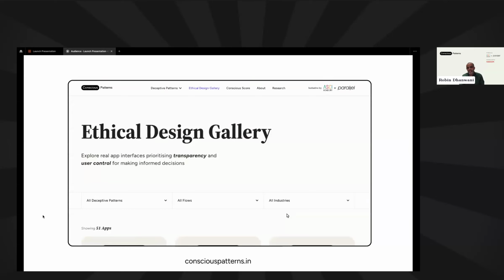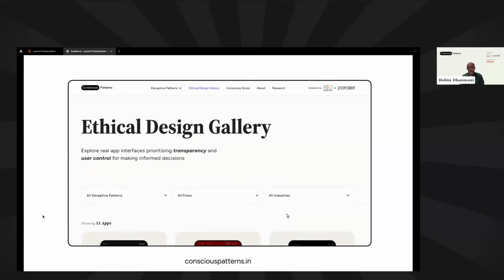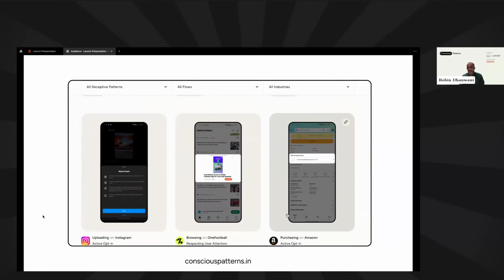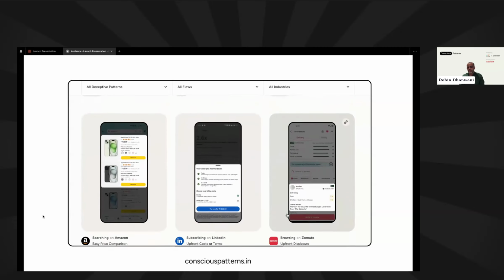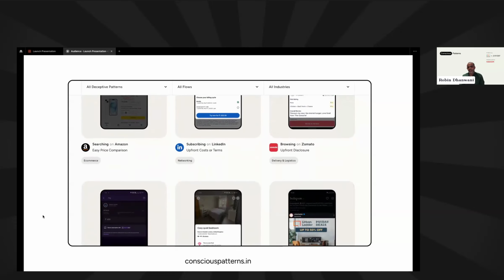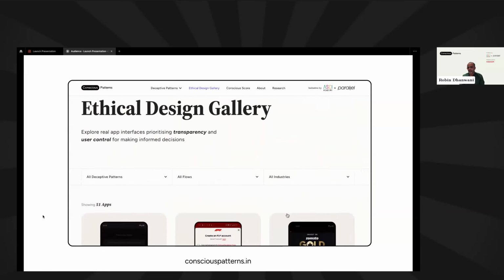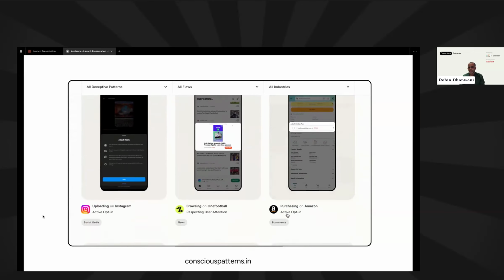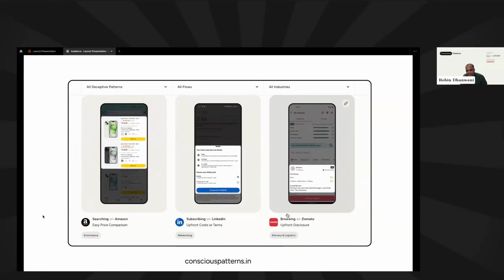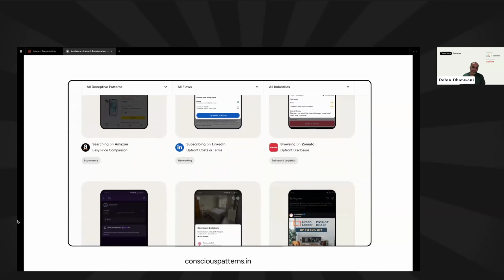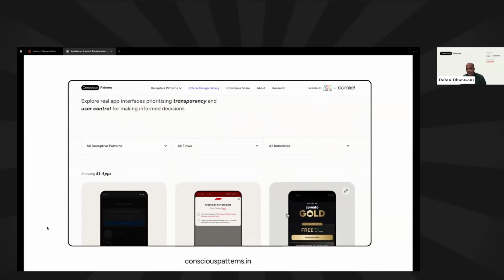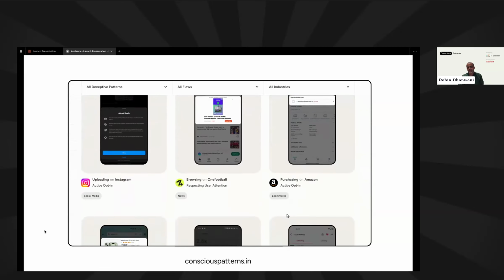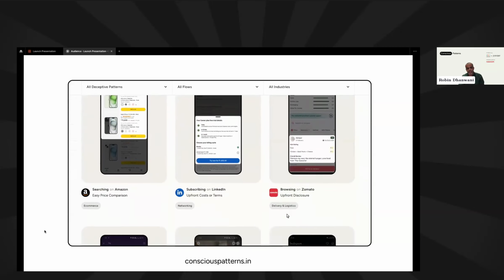Another of our very favorite parts is the ethical design gallery. We have curated lots of examples from across the internet of products which are doing really good work in trying to bring ethical design, trying to take conscious design decisions. All these patterns are available as an inspiration for you to learn from and see how you can implement them in your products. Also, since some of them are being done by some of the biggest companies across the world, many of these patterns are tested for performance. So there might be ones that have minimum impact on business metrics and might be able to help strike a good balance between meeting user goals and business needs.